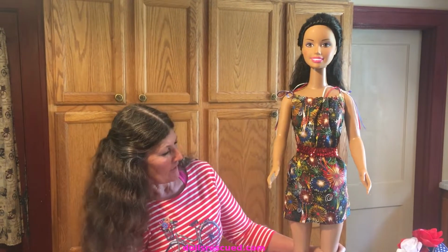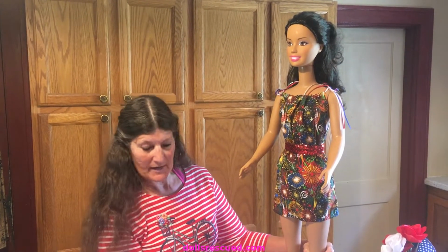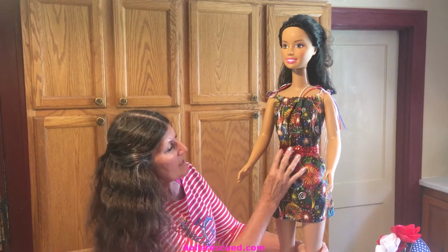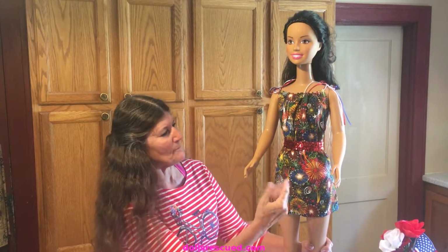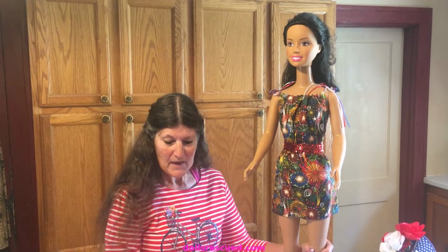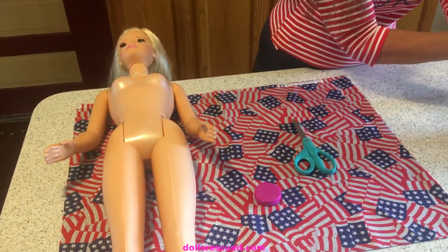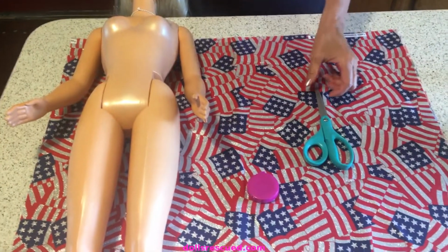I like these little, I call them gather dresses. We wore these. They are so simple, and yet I think they're really cute. And I added a belt to hers. It's not mermaid, but it's really cute. It gives it that pop and pulls it in around her figure. And what I'm going to do is I'm going to make one of the same in this fancy, glittery 4th of July flag